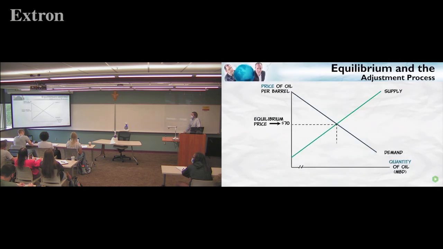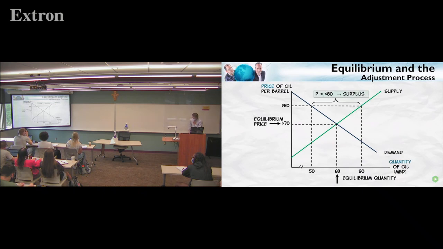Okay, here's the equilibrium price, the price where the quantity demanded is equal to the quantity supplied. Why is that the equilibrium price? Because if any other price, forces are put into play which push the price towards the equilibrium price. So at a price of $80 per barrel, for example, we would have a surplus. The quantity supplied would be greater than the quantity demanded. Sellers have more goods than they have customers, and because of that, they have incentives to push the price down